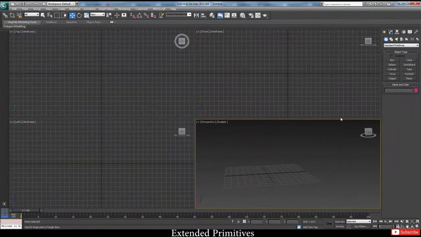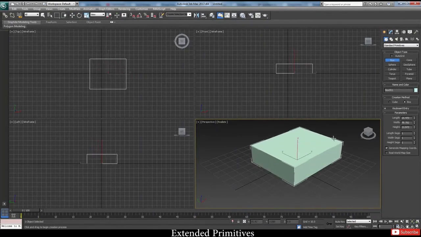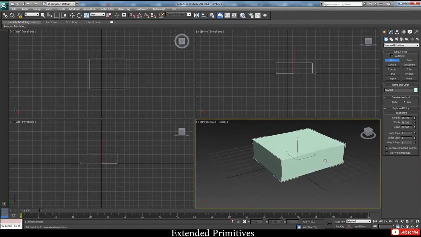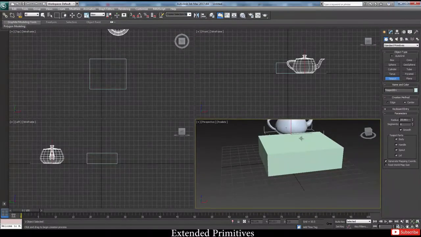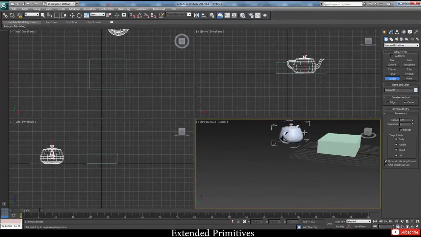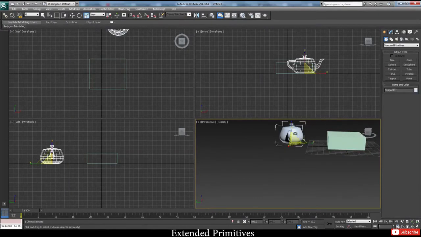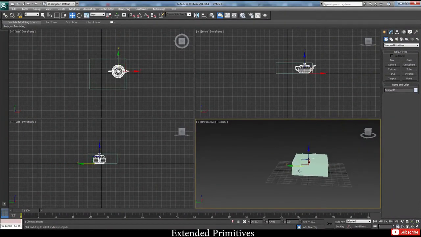Let's go back to standard primitives. Z to zoom in and get back to our grid. One short tip that I wanted to show you: if I create a box and suppose I want to create another object on top of it, how do I do it? Normally what we would do is, let's say, a teapot, right? Now let's make a teapot here, and that's your teapot. Firstly, it's created not where we want it. It's not here, it's here. It's also a little bigger in size. So what we'll have to do is scale it a little bit, and then take our move tool and get it one by one on top and try to match this way, right?